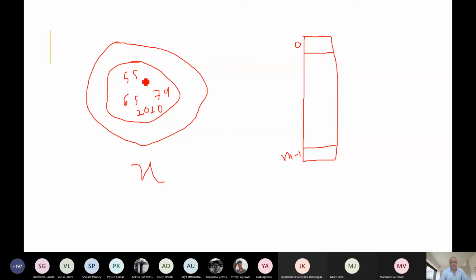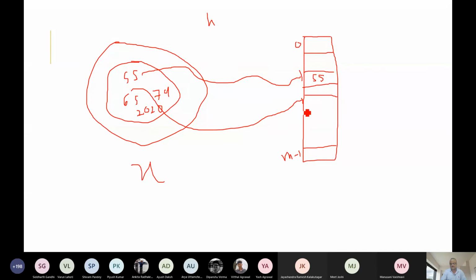Now we are given a hash function, say h. We map 55 first; it maps to some slot, so we put 55 over here. Then 65 maps to some slot, we put 65 over here.